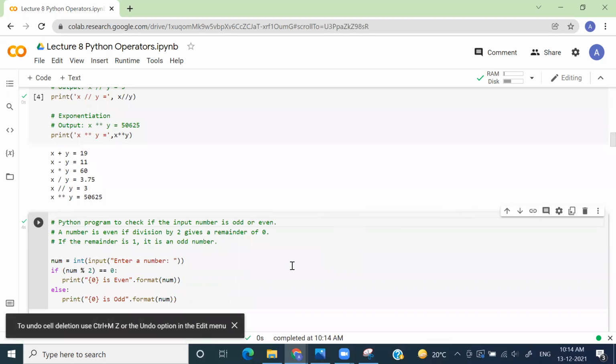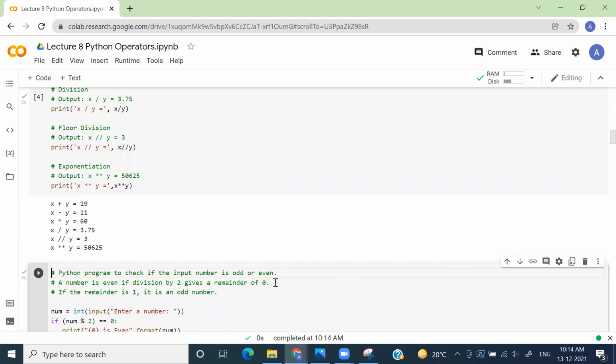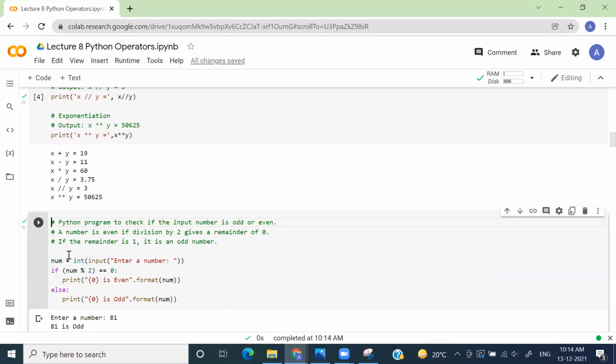So now let's see some real case scenario where we can use these arithmetic operators. What we're going to do is take some input from my user, and I'll tell whether that input is odd or even. Recall in the previous class, we introduced a keyword called int that takes input from the user, right?